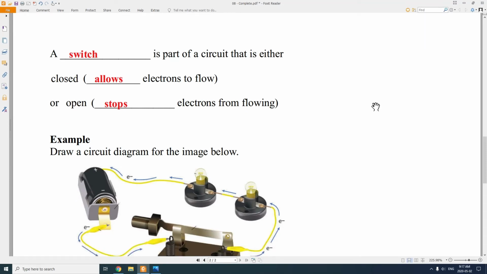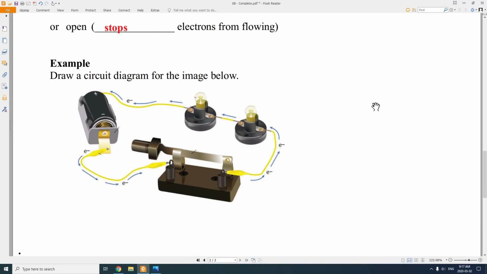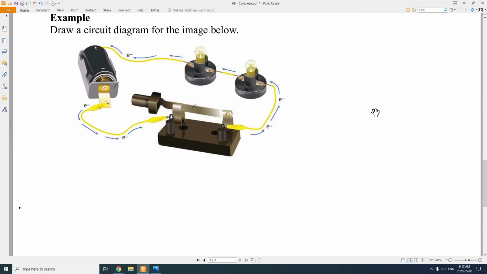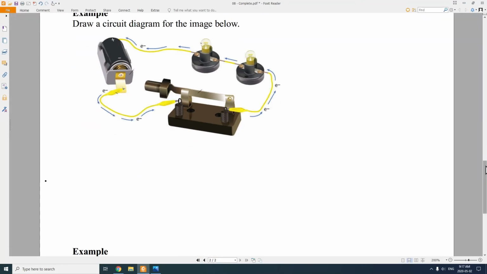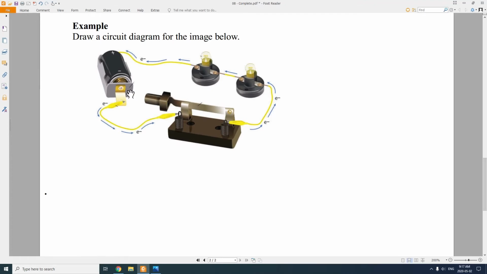All right, so let's draw a couple circuit diagrams here. First one, we're going to draw a circuit diagram for this guy here. Here's kind of a picture of what's going on. We have our battery or our cell, right? It has a positive and a negative end. And you'll notice a little arrow here with an E minus. That's the electron. So the electron gets pushed out of the negative end,